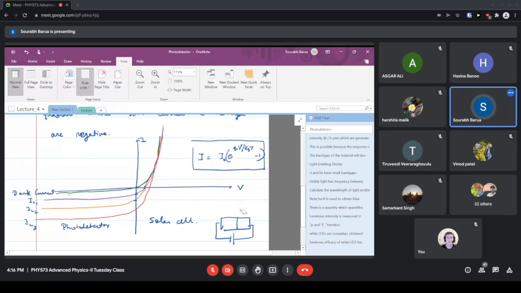So the reverse bias is 20 volts, and what you're plotting is your